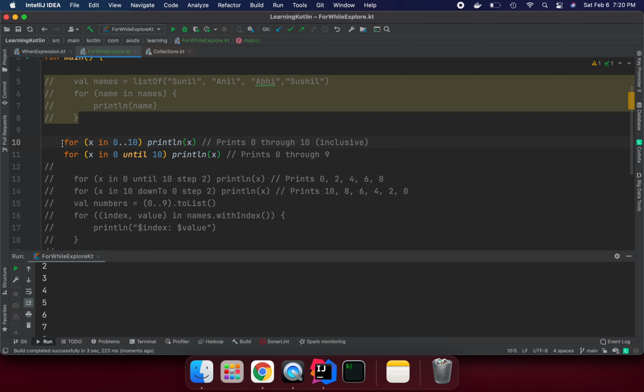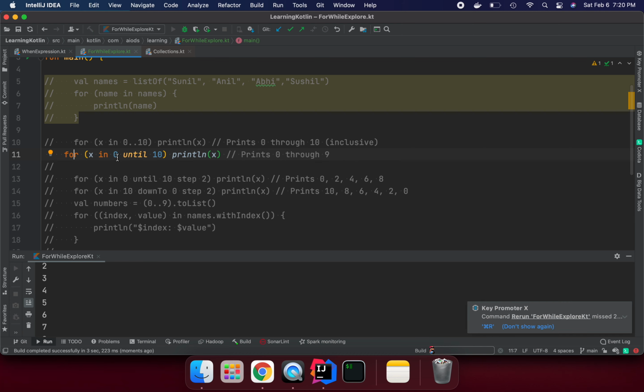Let me comment it. Generally we are providing a range here, and if the value is in the range, just print it. So here we are using until.